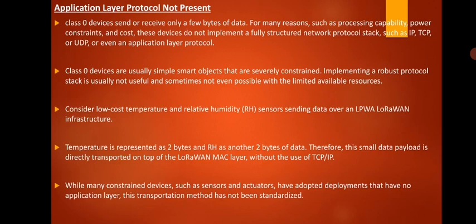Regarding that, with class 0 devices, the temperature is represented as 2 bytes. If I want to send the temperature sensor information, how many bytes do we need? Only 2 bytes is enough. And for the humidity level, we also require only 2 bytes of data. Therefore this small data payload is directly transported on top of the LoRaWAN MAC layer, without